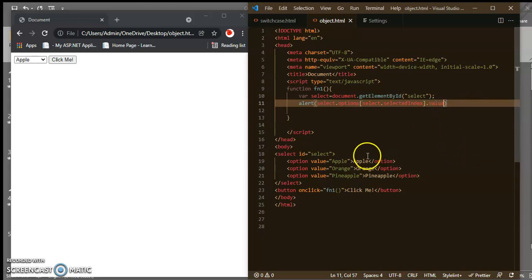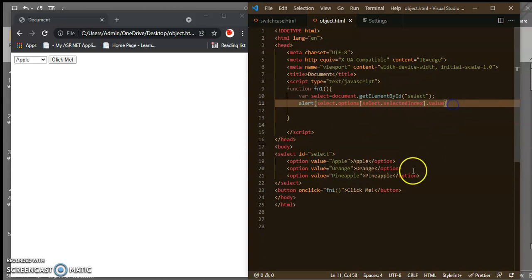I want the value of that selected index. So select.options, and inside of that the selectedIndex, and dot value.